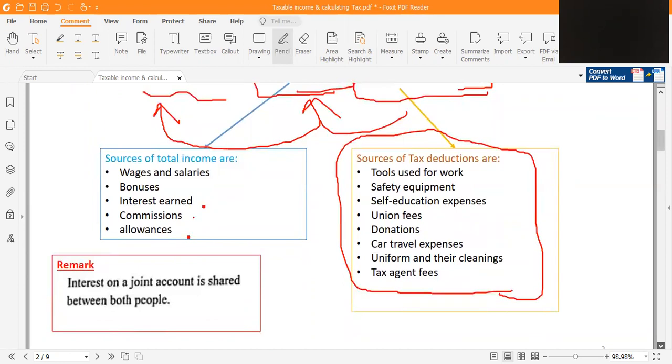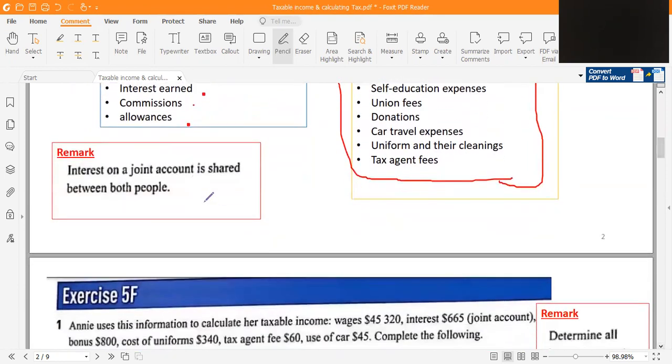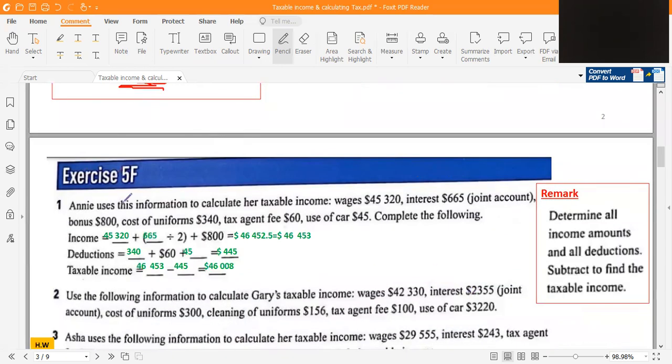We should also remark that interest for us is a source of income. Interest on a joint account is shared between two people, so the interest should be divided by two to obtain the part that is income. For example,